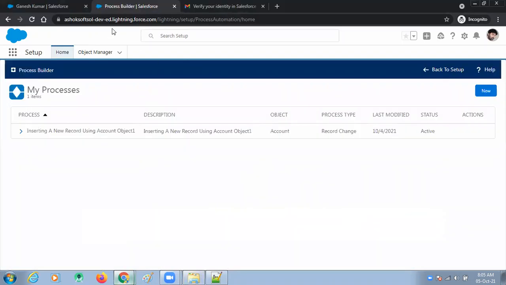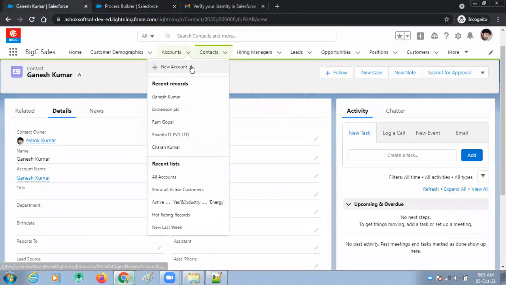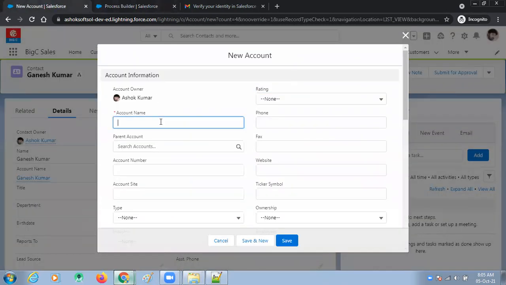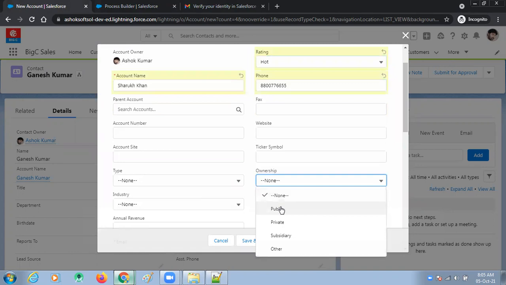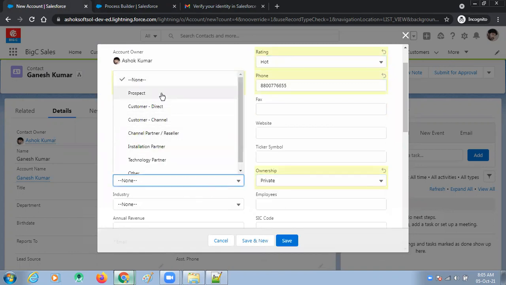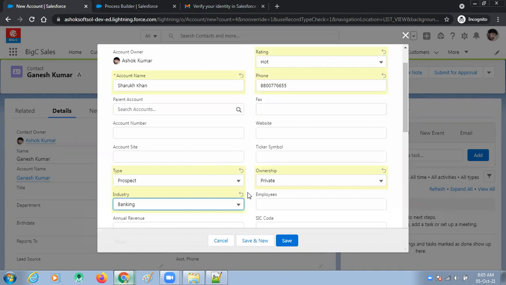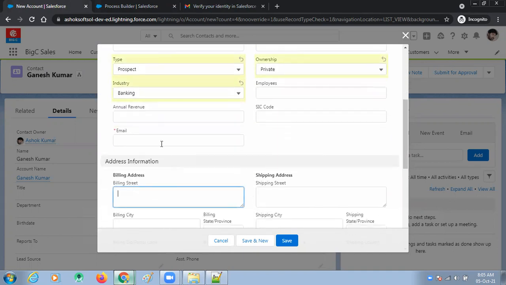Okay. I want to create another record. Parent record now. I'm inserting Shahrukh Khan. Phone number is 1, 2, 3, 4, 5. Rating equal to hot. Ownership equal to private, banking sector, prospect, banking, and email Angela Ashok @gmail.com.